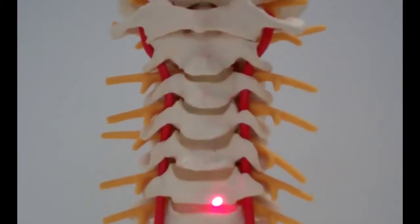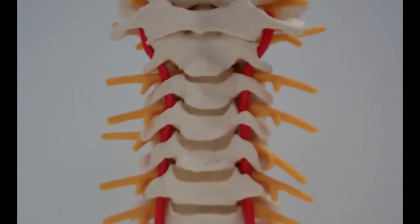Okay, so now we're looking at the front part of the bones in your neck, the so-called cervical spine, and there are about 7 of them. There's a big ring on top, which helps your skull sit on your shoulders. Then there's C2, the second bone in your neck, which has kind of a toothy thing sticking up into C1, the so-called odontoid process. C3, C4, C5, C6, C7, and you'll note that in between each pair of bones there's